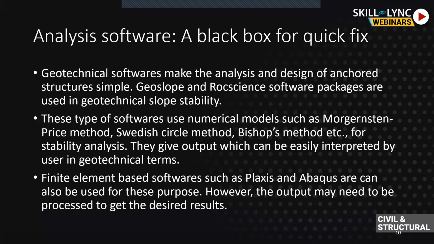So what it does is it has the properties and it changes the slip surfaces so that we get the least C and phi, and then we get the least factor of safety, and the lowest factor of safety which we want can be got as output by Plexus. In Abacus we don't have that facility.